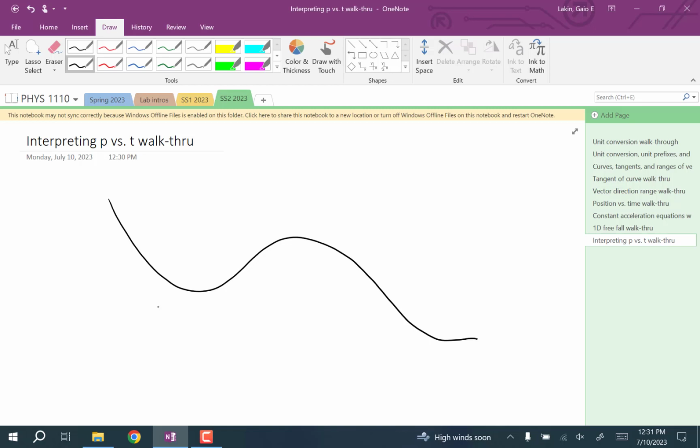Remember that you need to be clear on whether a curve like this is a position versus time graph representing a one-dimensional motion or the path of an object in 2 dimensions. Okay, they mean totally different things. But if you see something like this and it says it's a position versus time graph, you're going to be asked when the object is moving in the positive direction, when it's moving in the negative direction, that kind of thing. And always, I think the easiest way to deal with this is, okay, so we'll first mark the beginning